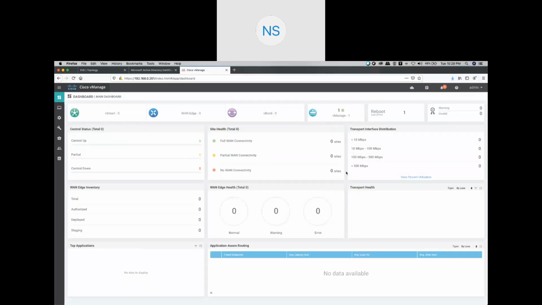Now, as we have installed the root certificate, when we integrate the other controllers, when we integrate vSmart, when we integrate vBond, we need the root certificate also, because root certificate has to be on each and every component and it has to be identical. The same root certificate has to be installed on all the devices, including all three controllers as well as your vEdges also. But what I can do by using an API call, I can enable an auto synchronization of